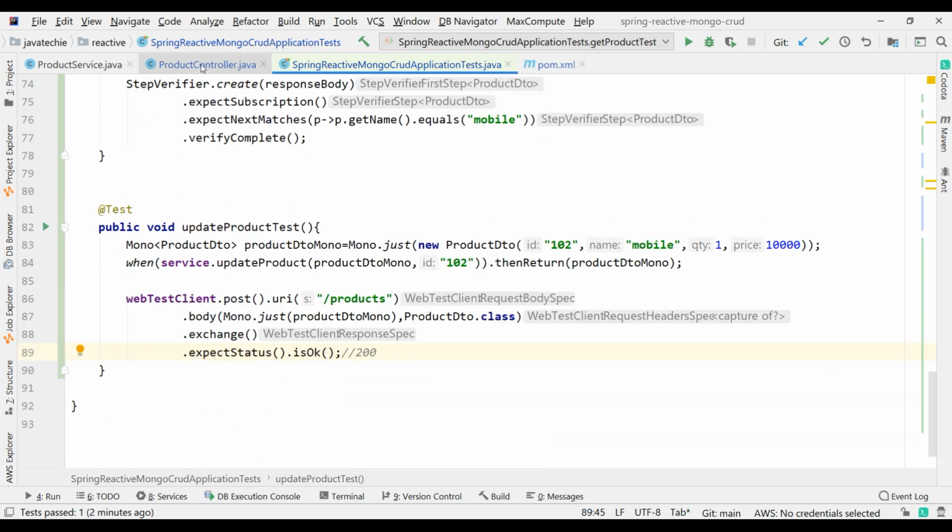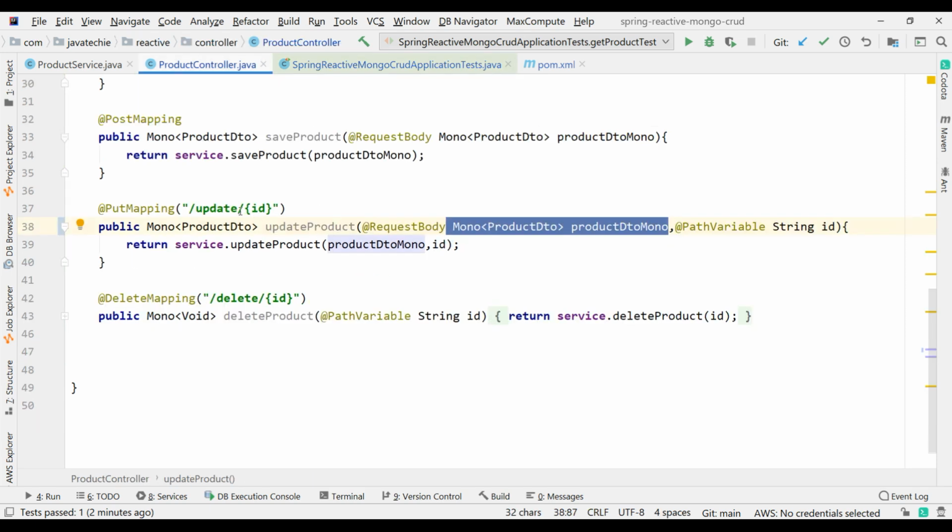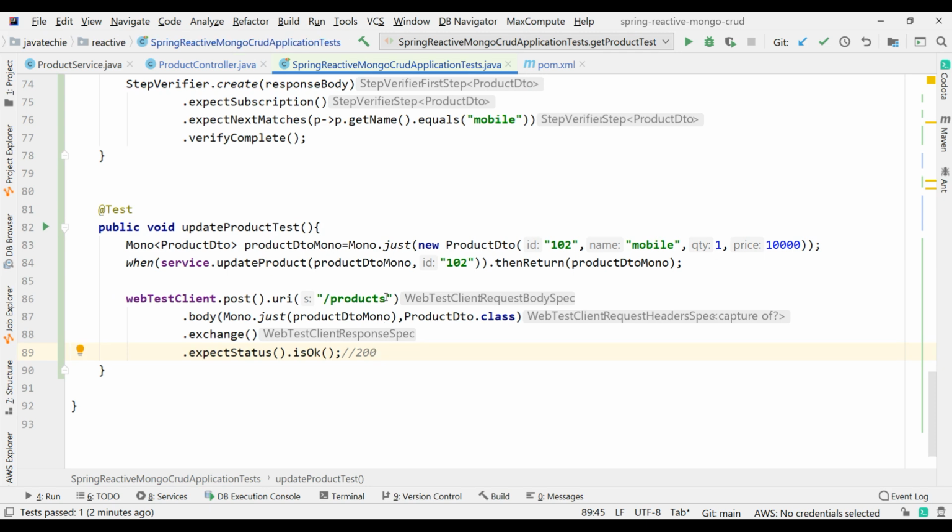Let me check the URL, product controller update ID, right? So just pass the update and pass the ID 102. This is what I was just verifying, the status. Now what we can do, let's run this test.